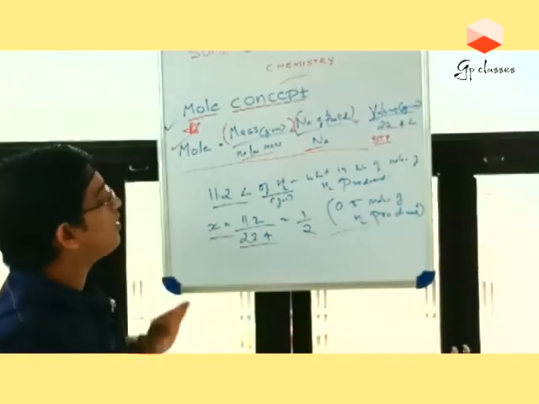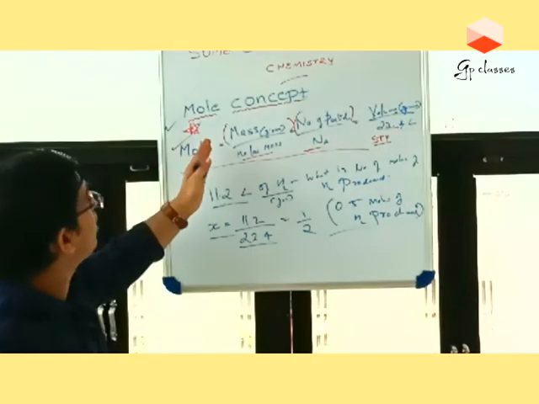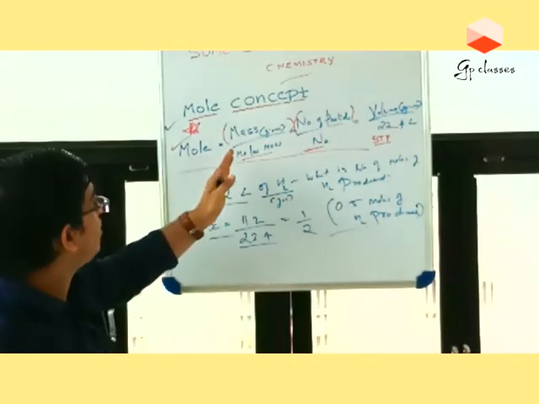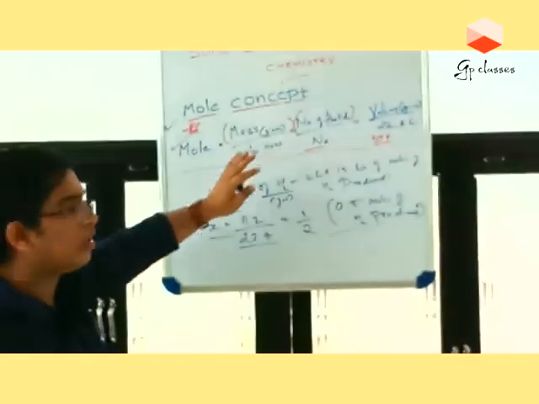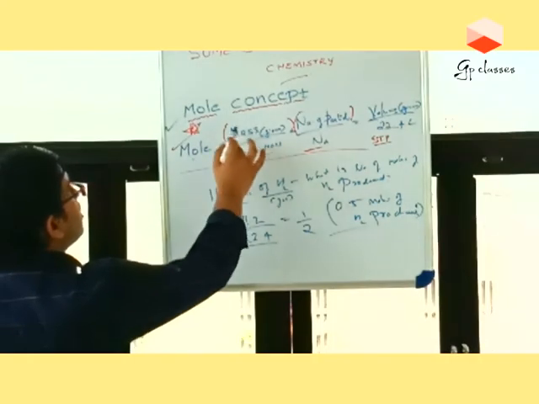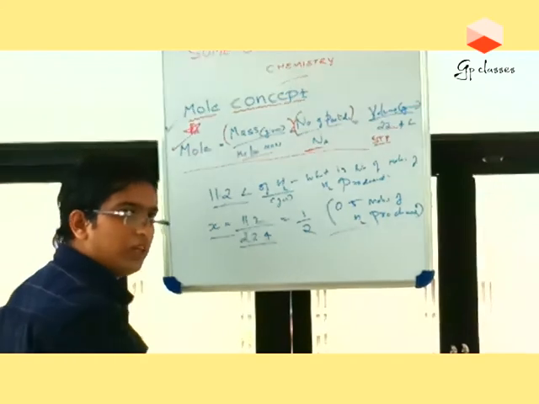So once you know the basic equation, any kind of problem related to the mole concept can be dealt with complete authenticity, because it is that clear. There is no issue, no doubt about anything. The equation is: mole is equal to given mass by molar mass, number of particles by Avogadro number, given volume by 22.4 liters. Okay.